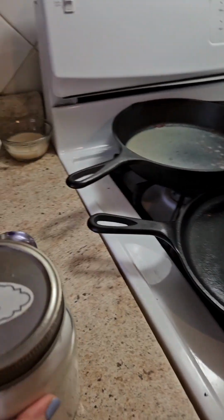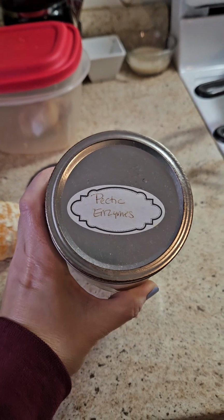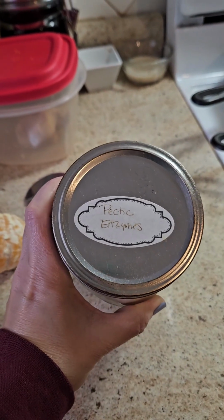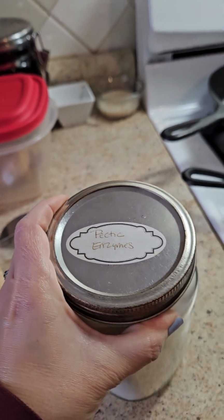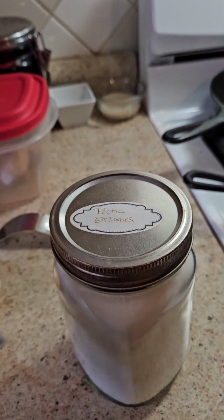So the trick that I found out was that you need to use a specific enzyme to remove the pith for you. And so I started asking questions, and I got a lot of information from my canning Facebook group. So I'm going to show you what I found. This is the stuff that you need to use to take away the pith. All right, it's pectic enzymes, or you can also find that it's called pectinase,